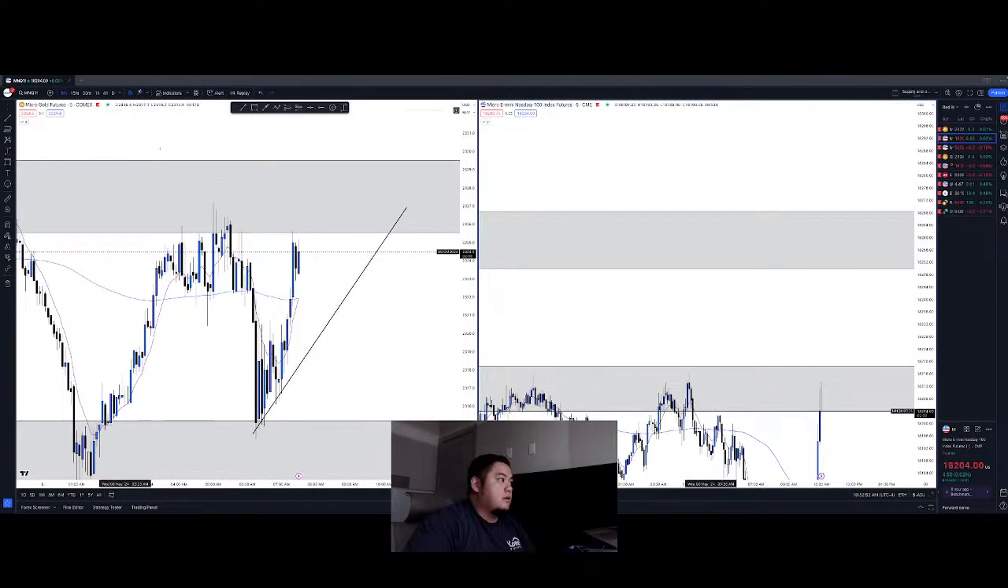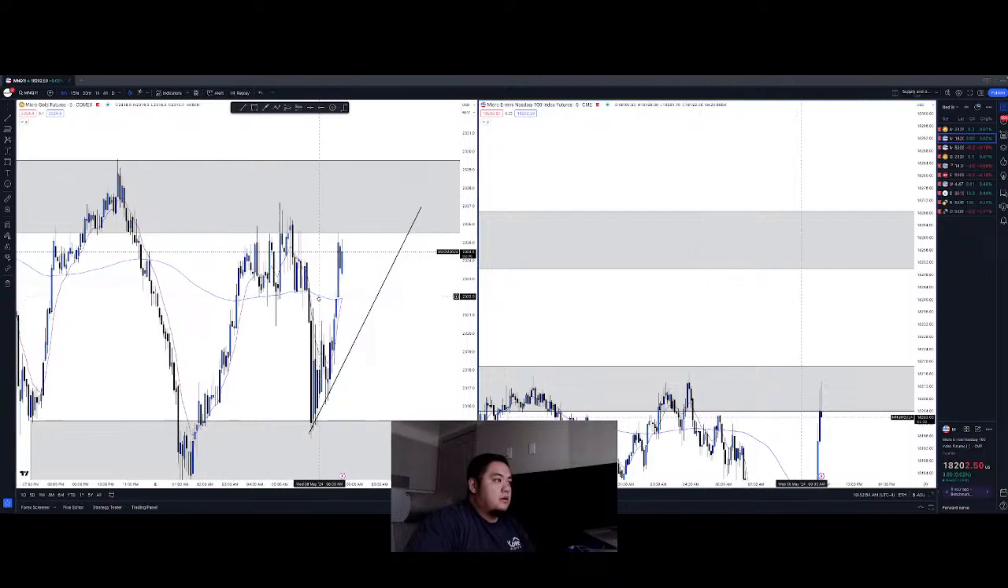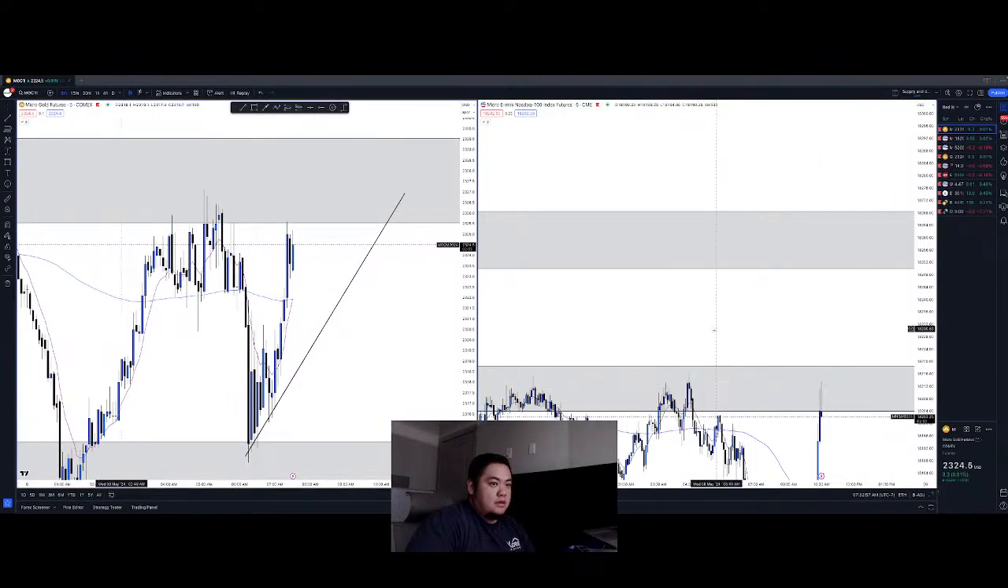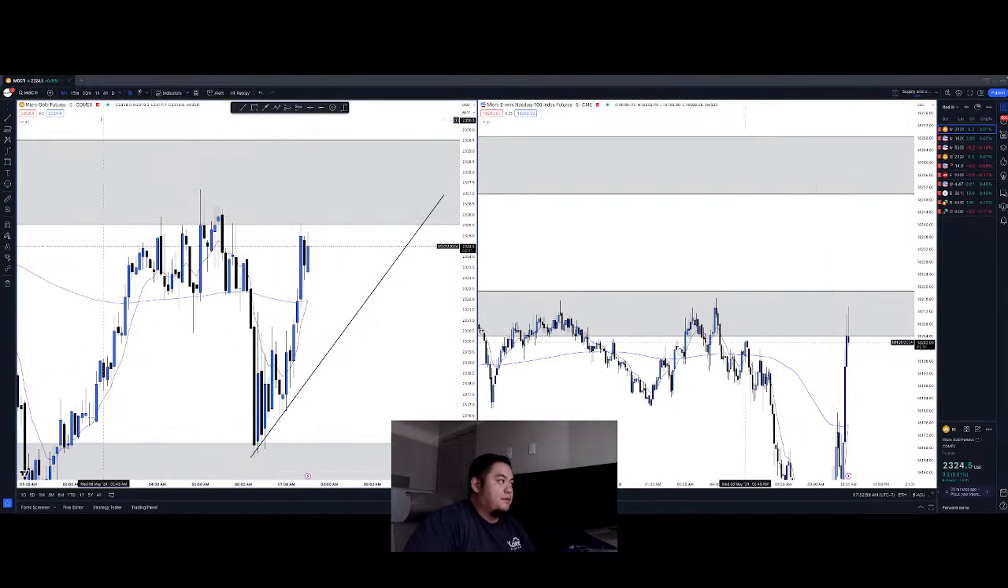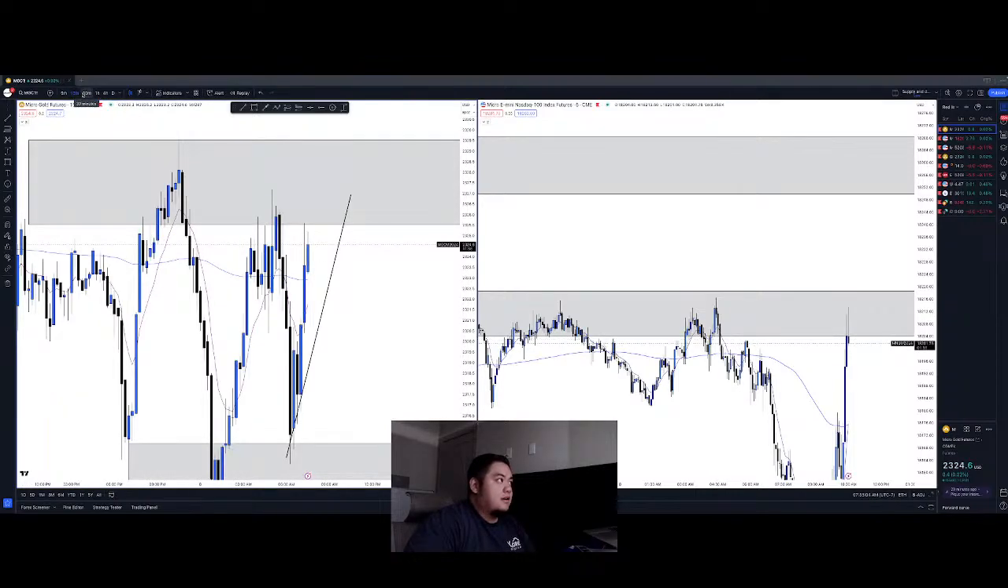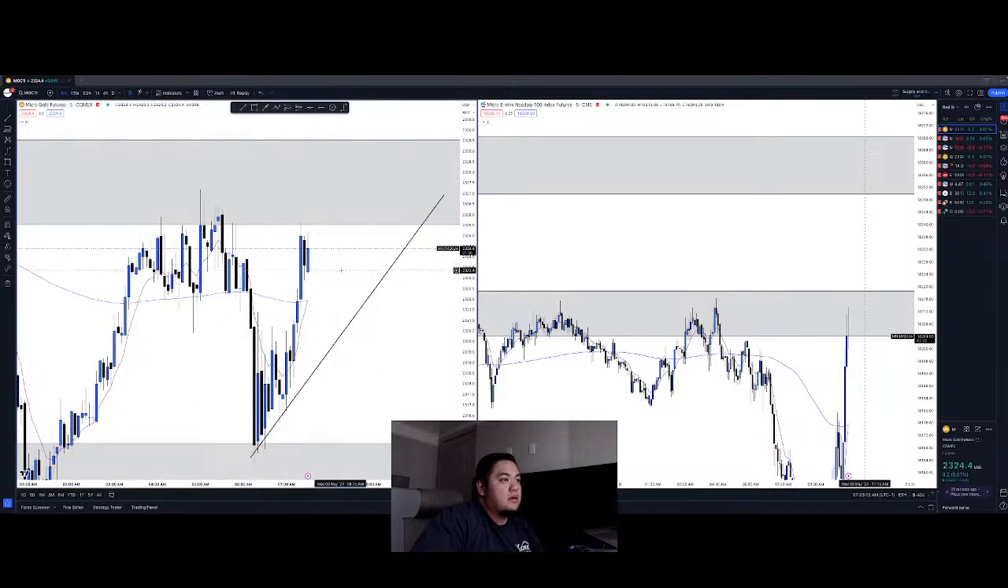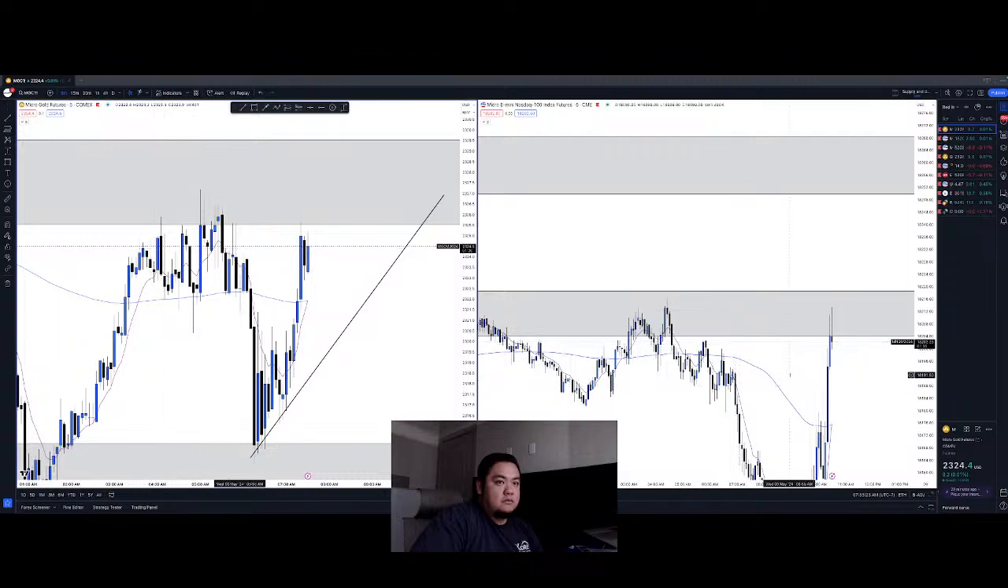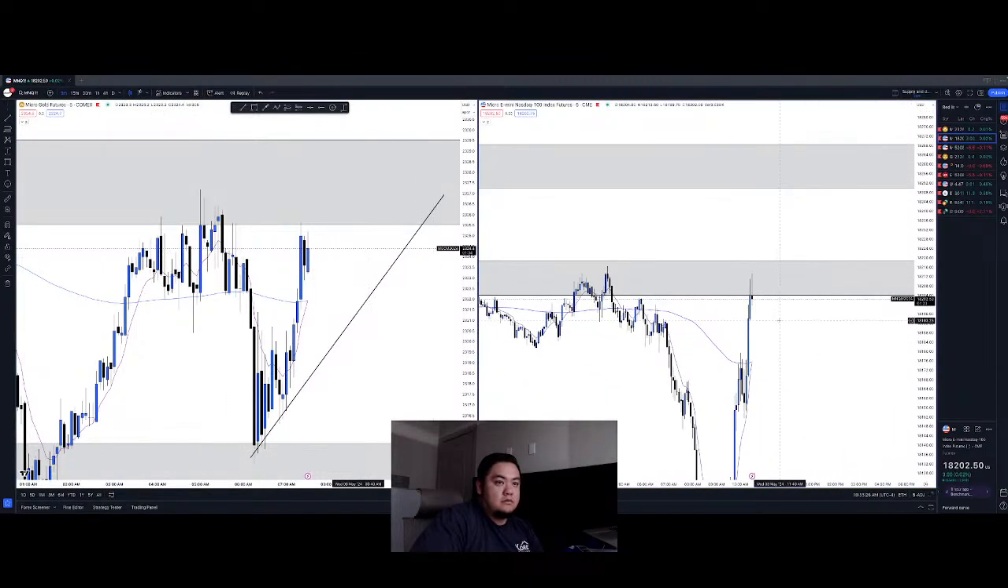EMAs seem to be crossing on gold. Oh, I don't know if I like that. I don't know if I like that. What was your entry? The first one was 2313.39. The second one was 2316.66. I was kind of thinking about throwing another one in there, but with the EMAs kind of looking like they might want to cross, I'm just kind of